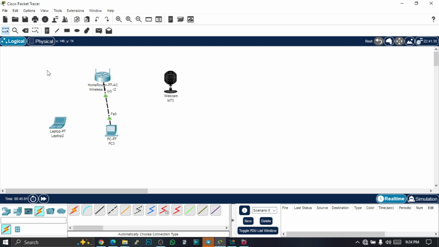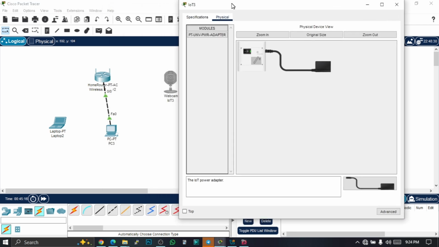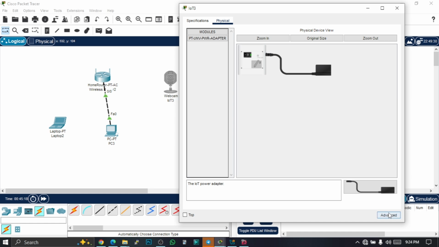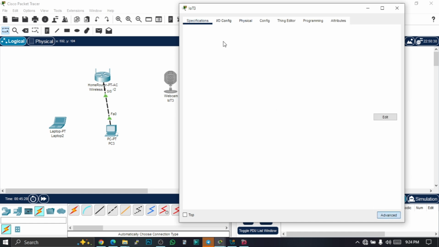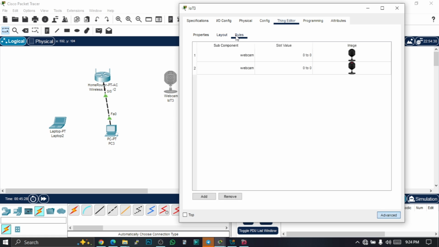So most times, some of these network devices on this Packet Tracer do not have a default compatible port. So you need to add them manually. Okay, so let's click on it. Go to physical. Now let's click on advanced. And okay, it's in editor. Let's make it analog. And let's come to